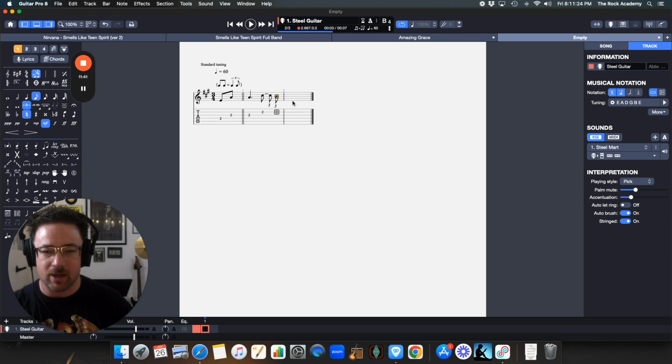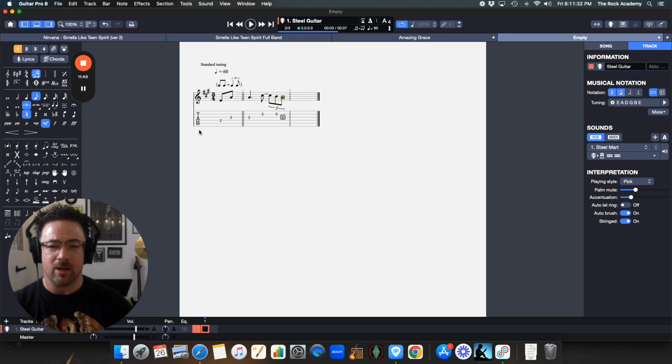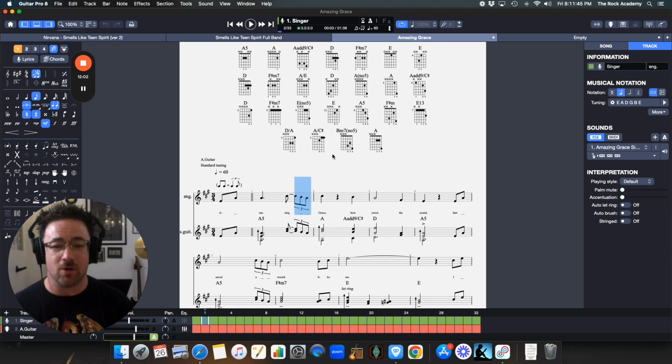And I'm going to come back up here. I'm going to come down to my A note right there. I'm going to hit 3 right there, right? So you can see this is a little bit of a tedious process. It's a little bit arduous, but it is something that is very handy. And the biggest thing to keep in mind is you find the note that you're looking for, right? And then you